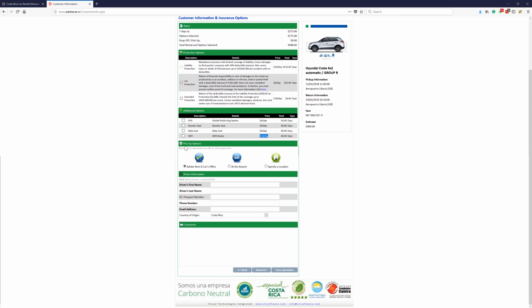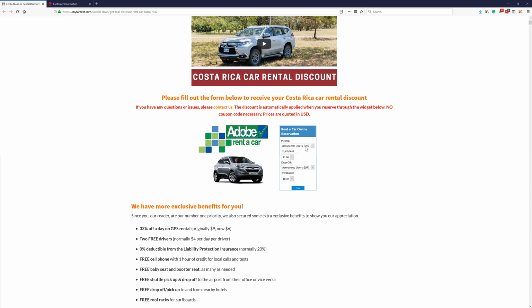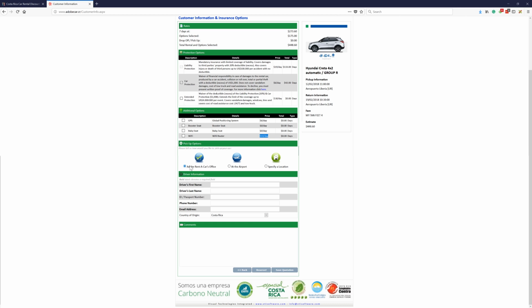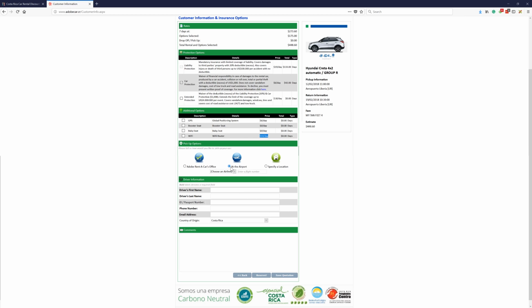Then we have here the pickup options. You can choose the Adobe Rent-A-Car options. You see here, you can just choose any of these offices right here. You can just put whatever office you need. Then if you are arriving at an airport, which is one of the most common places where you're going to pick up the car,